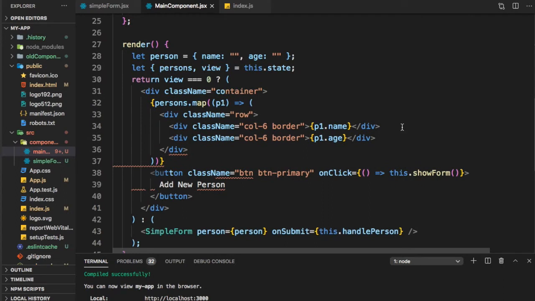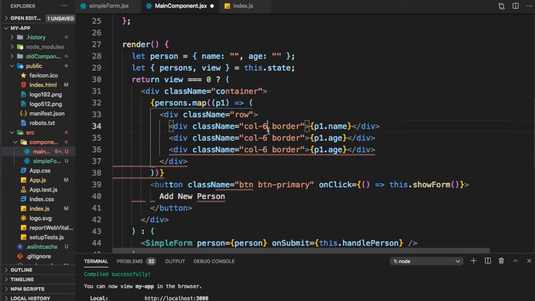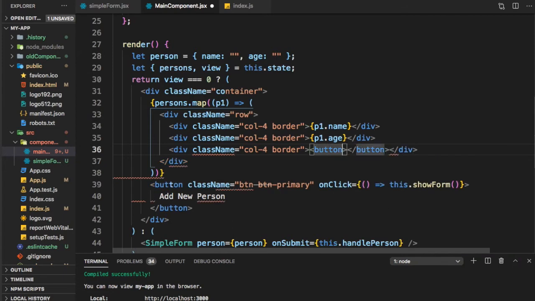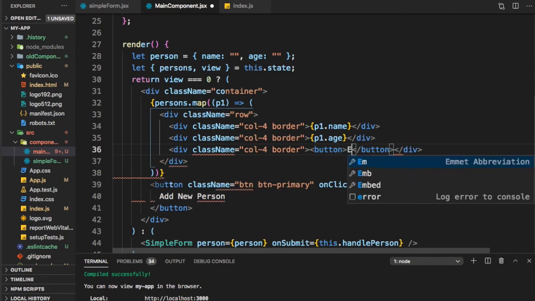Let's first create a button along with each person. So let's put a button. Let's make these column 4s, and let's put a button here, edit.